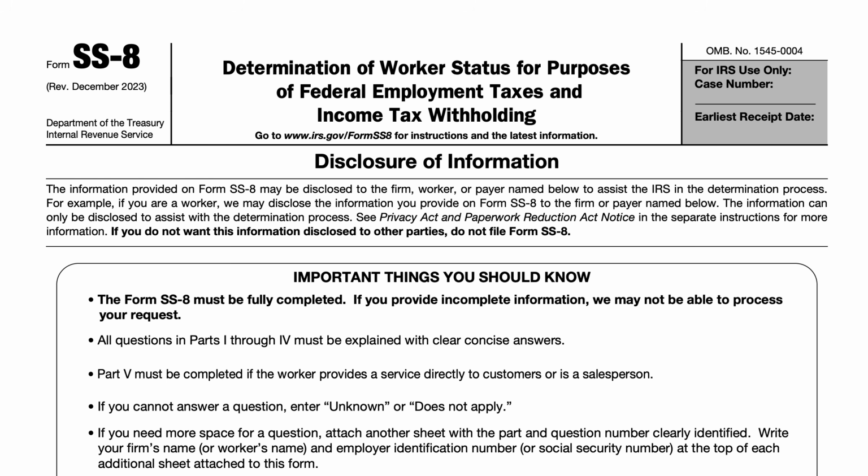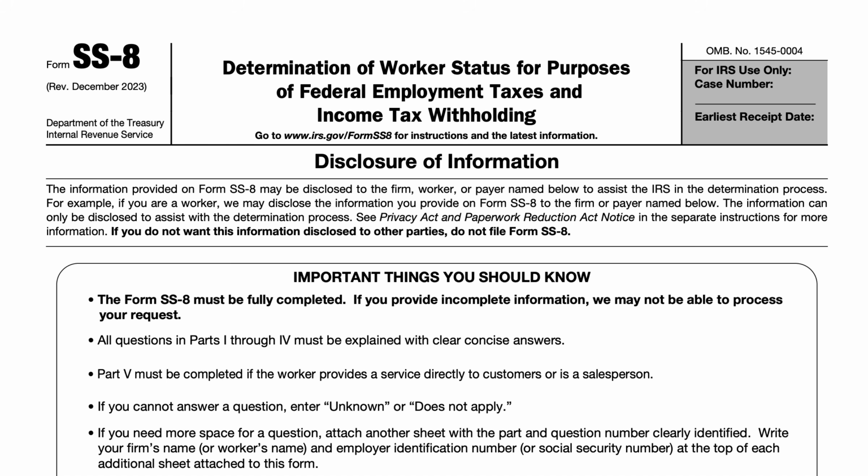IRS Form SS-8, determination of worker status for purposes of federal employment taxes and income tax withholding. Long story short, in today's day and age, a lot of employees or workers may be wondering why they're being treated as an independent contractor when they think that they're actually an employee of the company that they're working for. So what we're going to do is talk about how that distinction is important and how this form plays into it. So basically, we're talking about the difference between being a company employee and being an independent